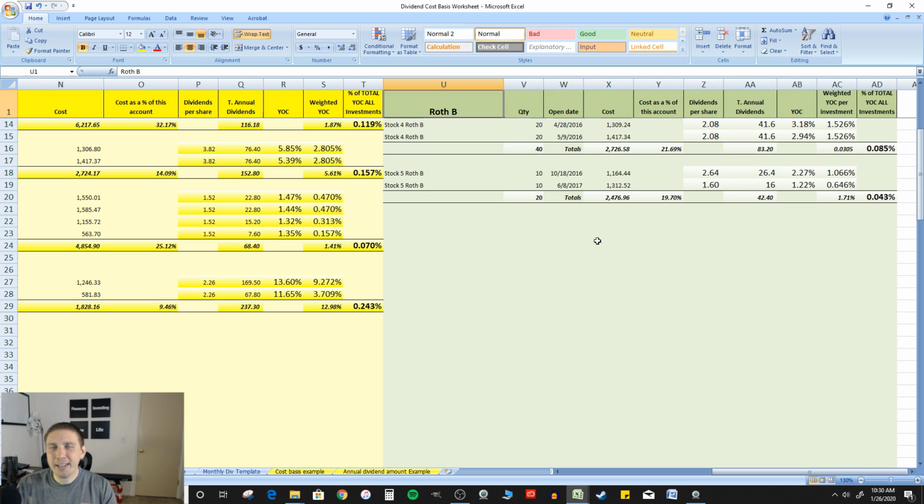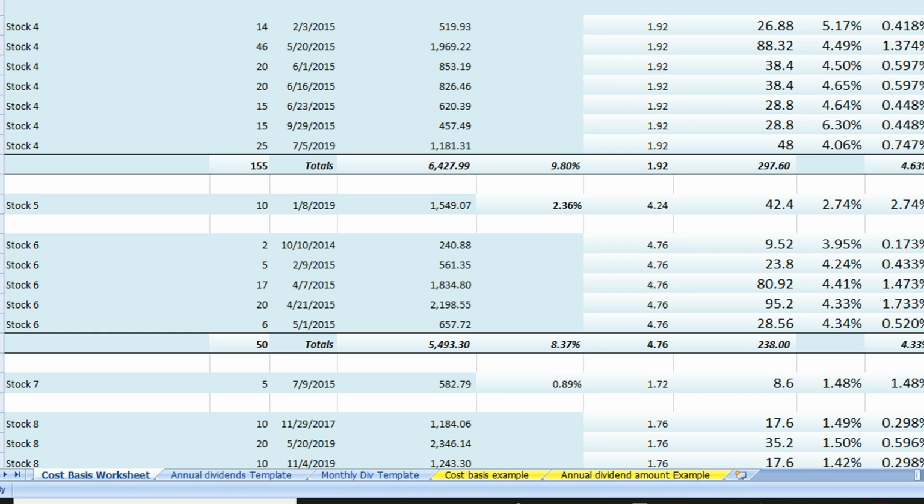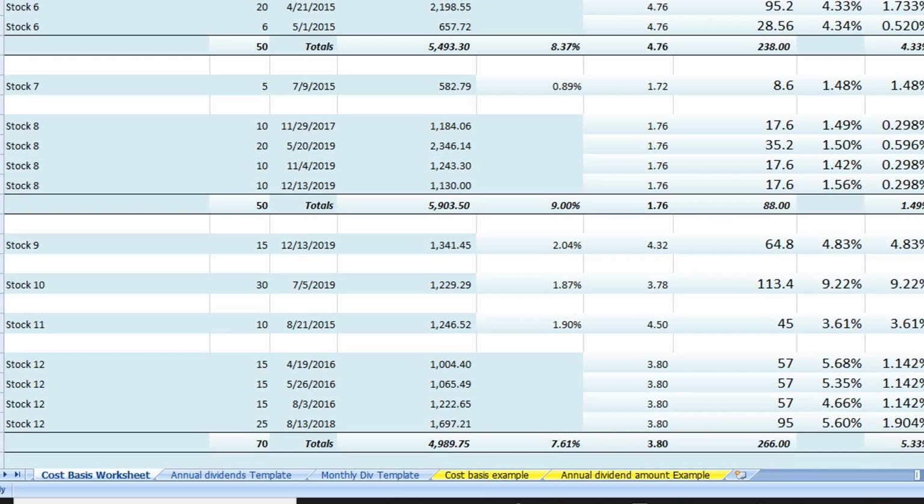Because the only way you can calculate your true yield on cost, especially if you have multiple accounts, is to take all accounts into consideration. And this is something that most investment platforms just can't do unless you break this information out for yourself in something like Excel. Now, as I showed you in the last video, if I scroll down to this part right here,